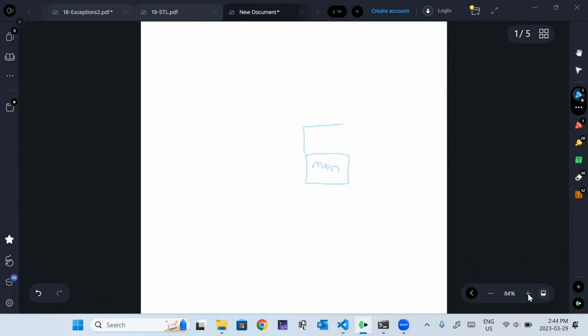Then we call func1, that goes up here, and we start running code in func1. That calls func2, so that's another stack frame. And then that calls func3. That's the normal flow of control. Then when we return from func3, that gets popped off, then func2 gets popped off, we return to func1, that gets popped off, and we return to main.